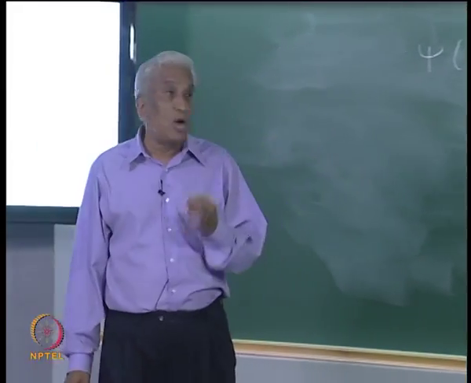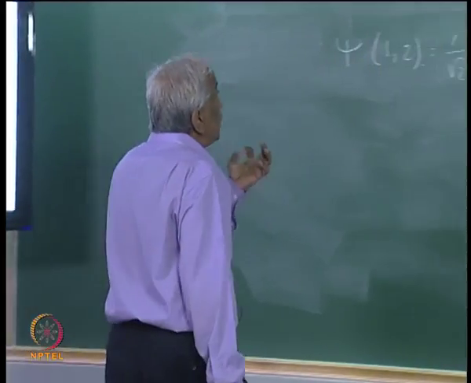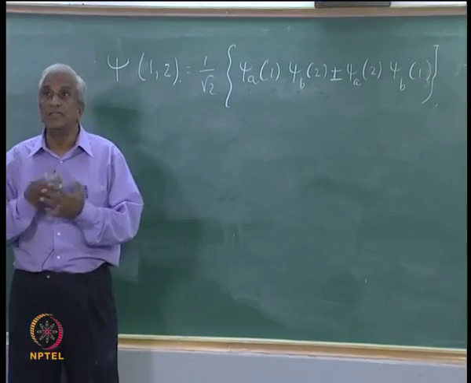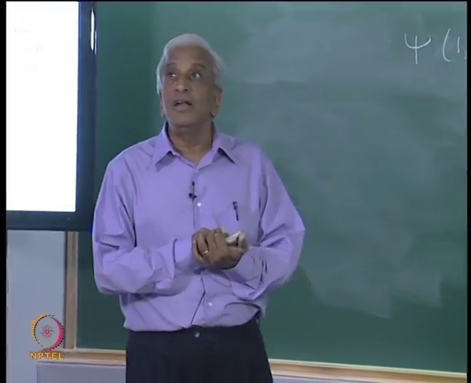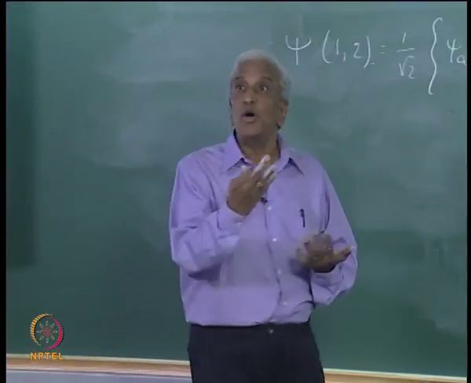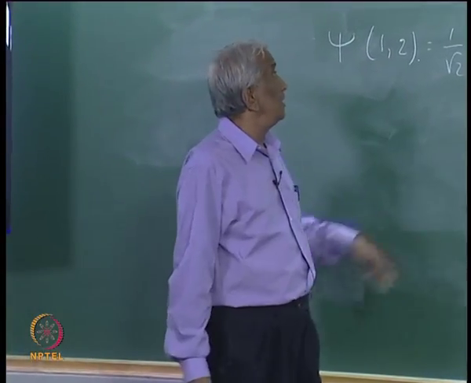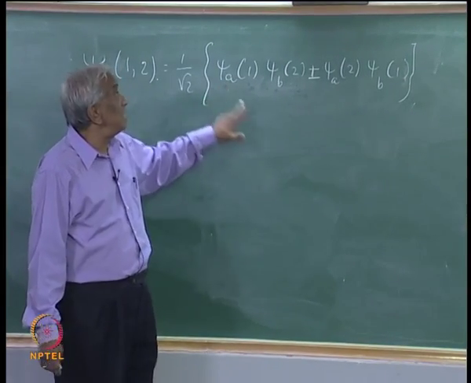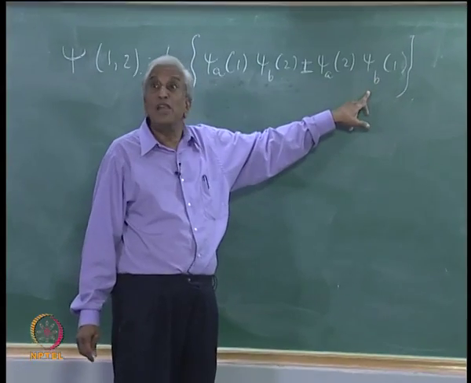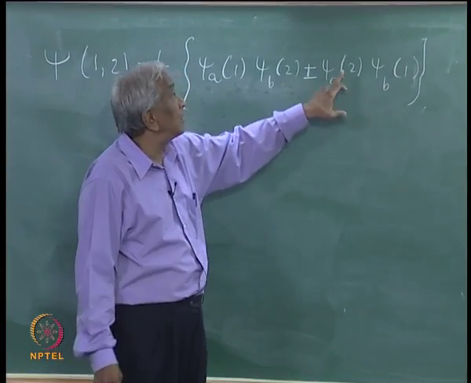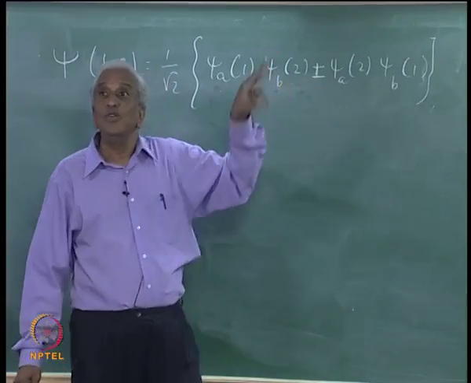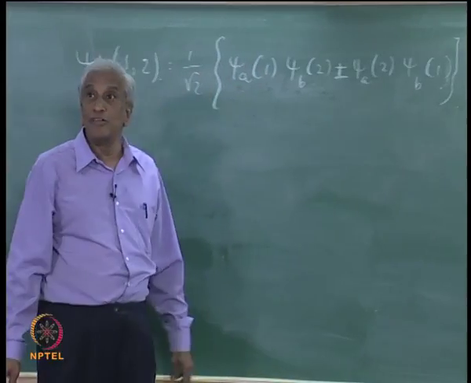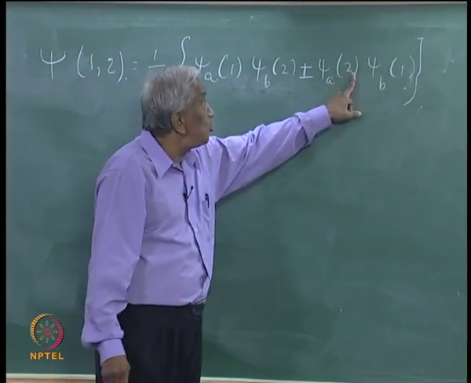But as the model says, the two electrons can be shared by the two atoms, and therefore, a given electron can belong with equal probability to either of the two atoms. So, it is not necessary that electron 1 should be with nucleus A. Instead, electron 1 can also belong to nucleus B, and electron 2 will then belong to nucleus A. So, in this case, the two electron product wave function will have the form psi a 2 psi b 1,